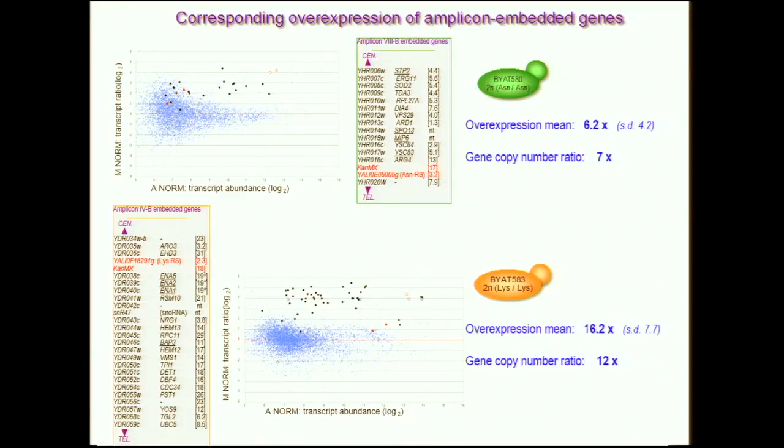We verified that by running transcriptome analysis again, comparing the amplified mutant versus the parental strain. And you see that on chromosome 8, genes are over-amplified roughly 6.2 times on average, and the ratio of copy number is 7, so more or less the same. Same on chromosome 4: genes are over-amplified 16 times, the ratio is 12. So the genes carried by the amplicon are over-amplified approximately as you might expect from the number of copies